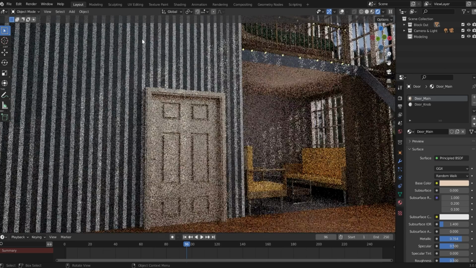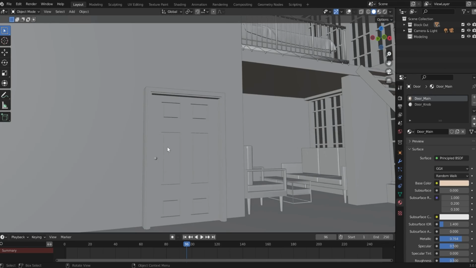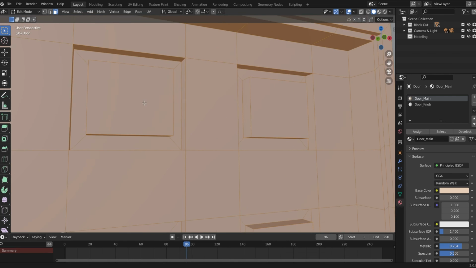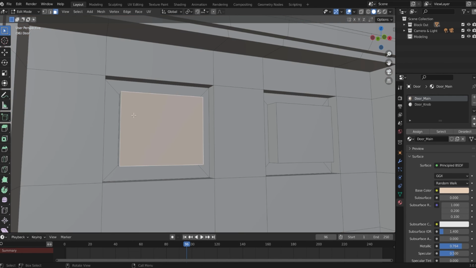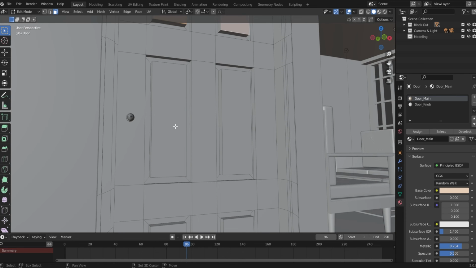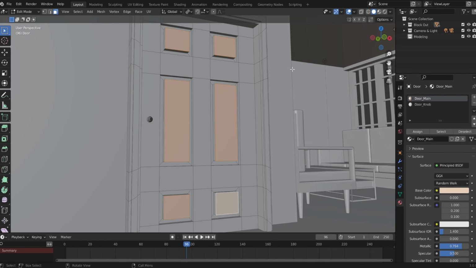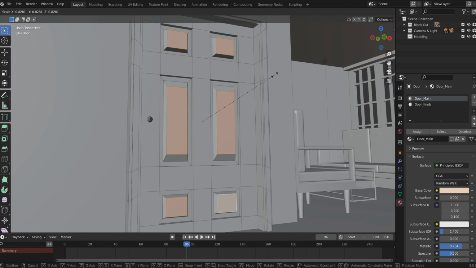Let's go back to layout, the change in the model. So I select the door. Okay, I went to edit mode, and I will select this face for each of them, pressing shift and click, shift and click, and shift and click. And over here at the top I make sure I have individual origins, and I want to scale this down a little more, so I press S and scale it down,